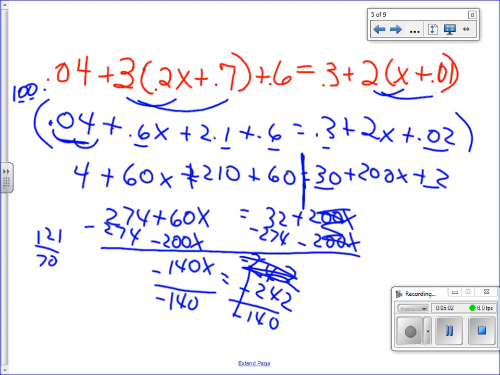70. 11 times 11 is 121. I don't think I can simplify it more. Anybody? Okay. Now, if you did a decimal, Connor, here's where you got to take 121 divided by 7 and